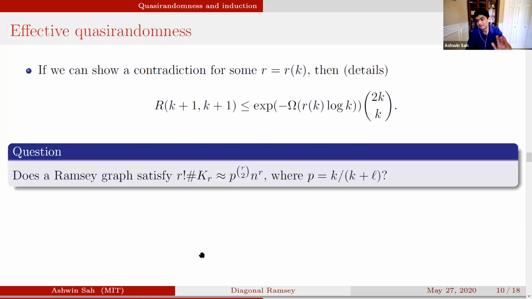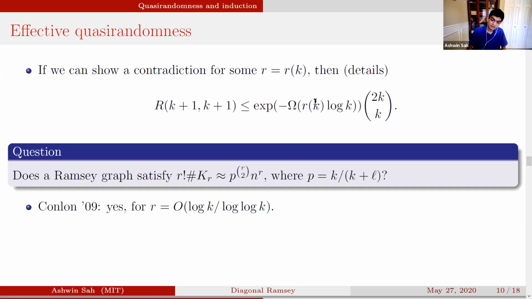So this is the setup, and this is the framework for the rest of what I'm going to talk about today. Basically, if we can count cliques up to size R in a Ramsey graph, or basically a quasi-random graph, then we can get a bound on the Ramsey numbers. And here you can already see what these R values are going to be. For Conlon's result, he says yes, we can do this as long as R is not bigger than log K over log K or so, some explicit constant times this. And that gives the bound that he has.